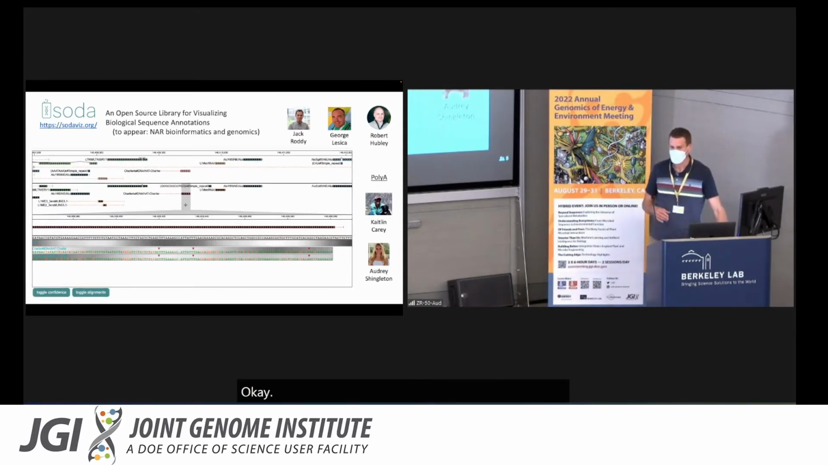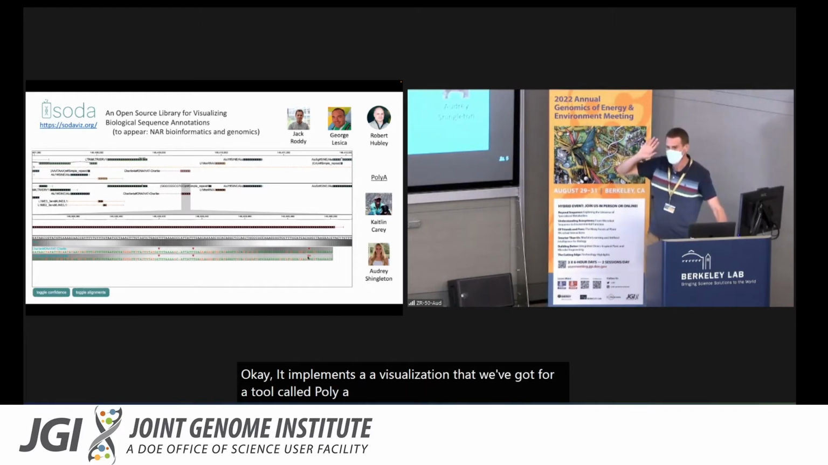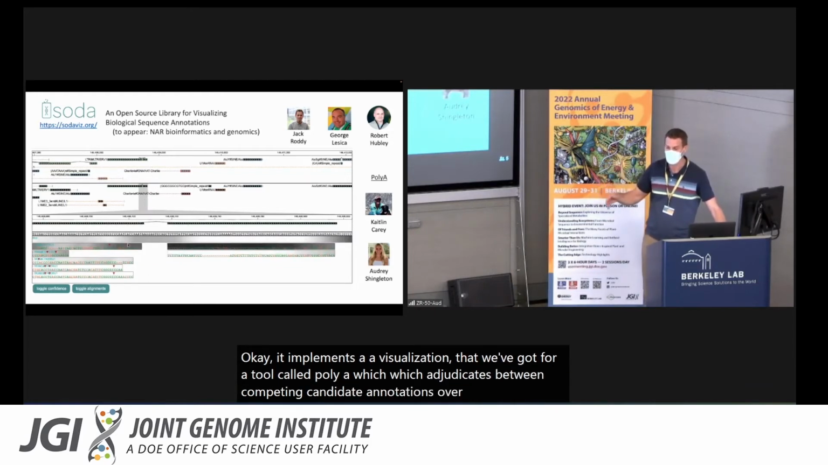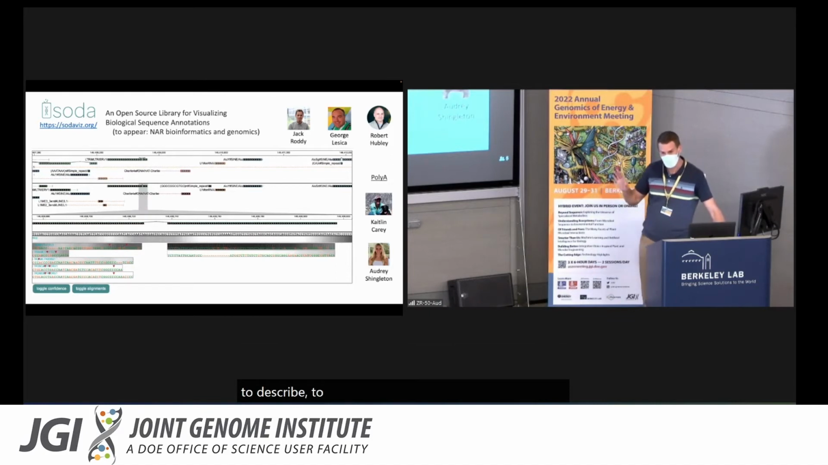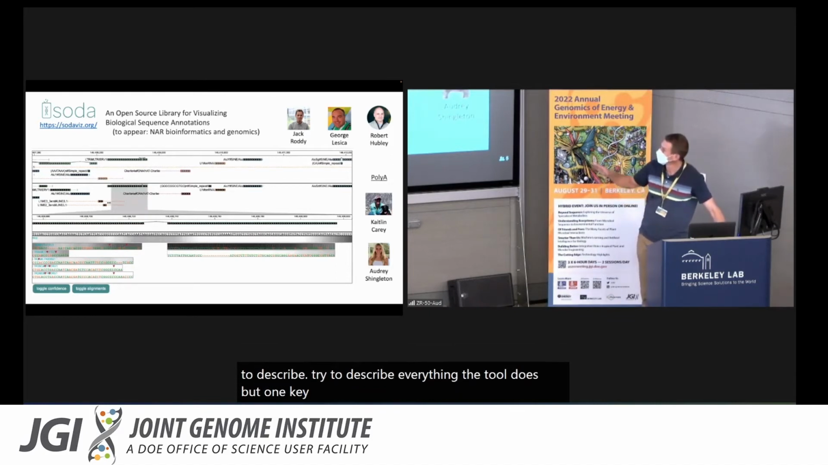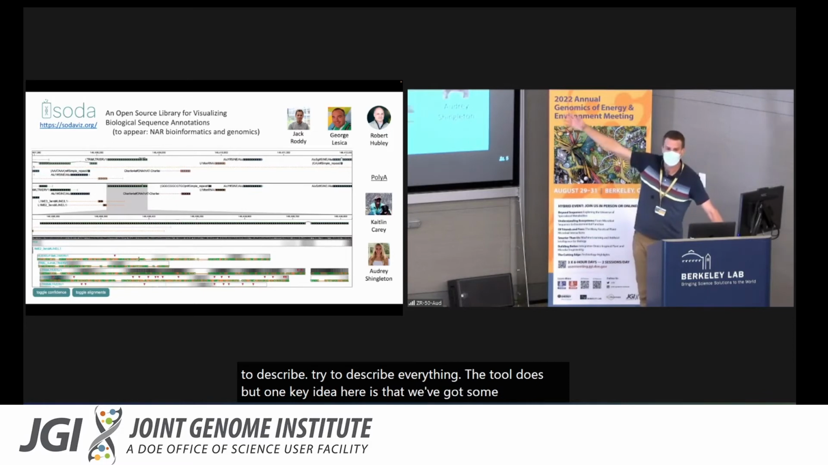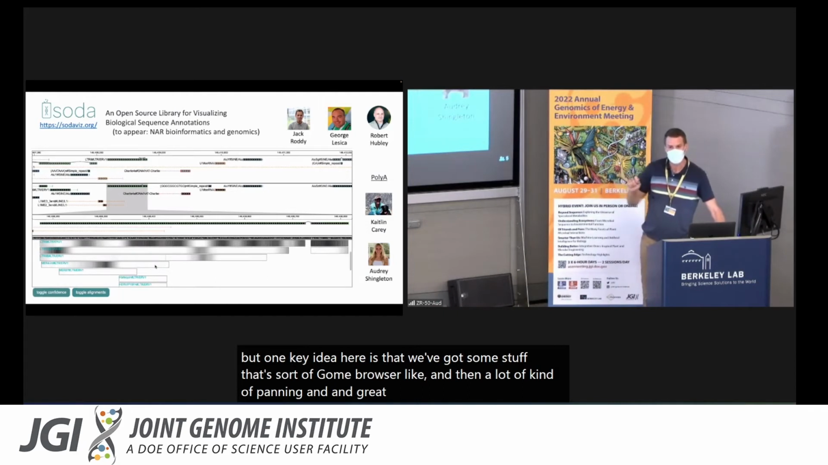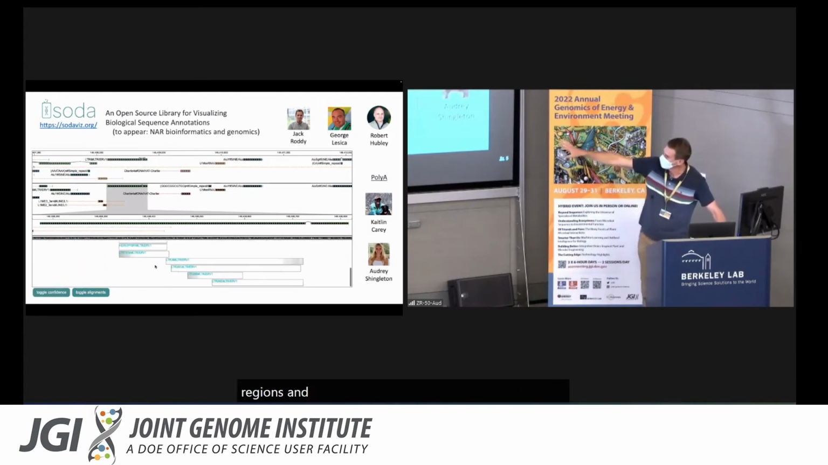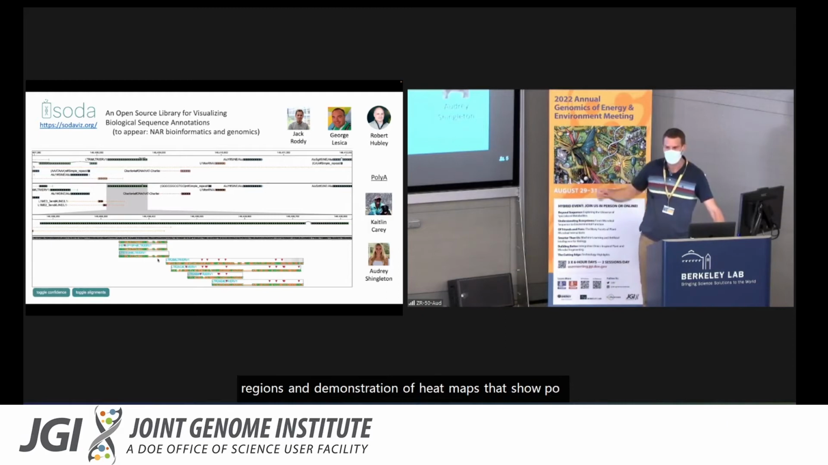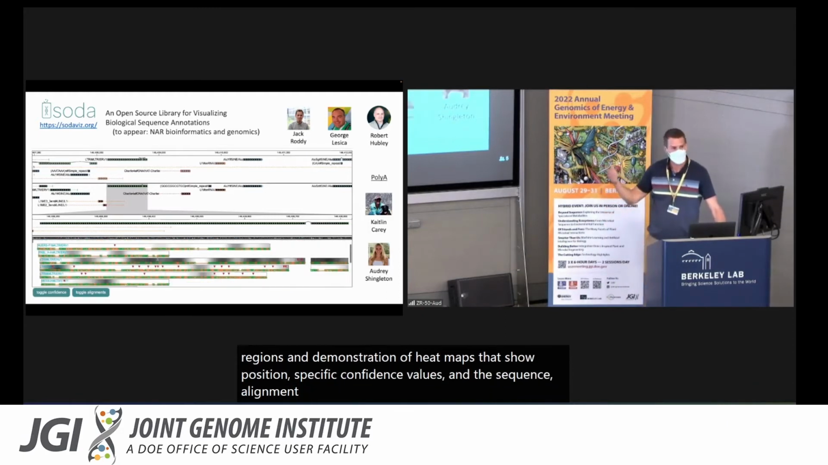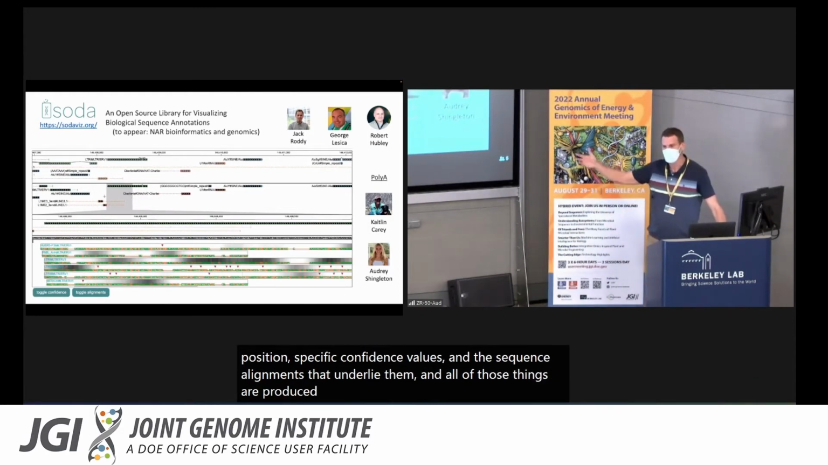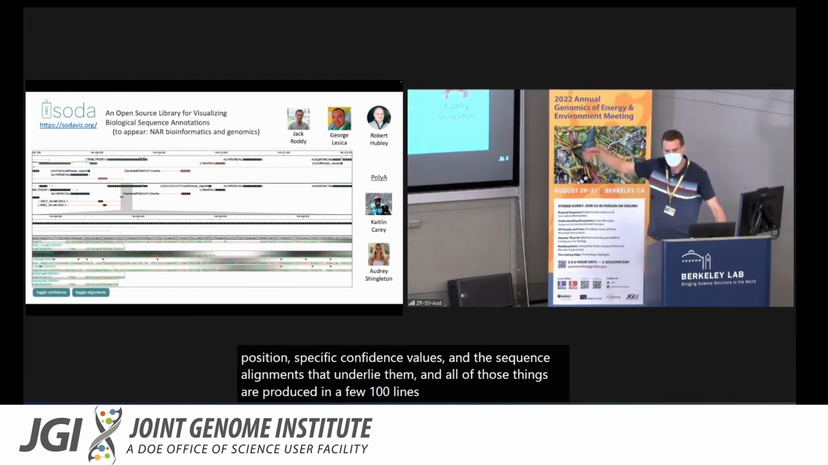Okay, it implements a visualization that we've got for a tool called PolyA, which adjudicates between competing candidate annotations over particular genomic regions. I'm not going to try to describe everything the tool does, but one key idea here is that we've got some stuff that's sort of genome browser-like, and then a lot of panning and grabbing over particular regions, and demonstration of heat maps that show position-specific confidence values and the sequence alignments that underlie them. And all of those things are produced in a few hundred lines of JavaScript code wrapped around this library,